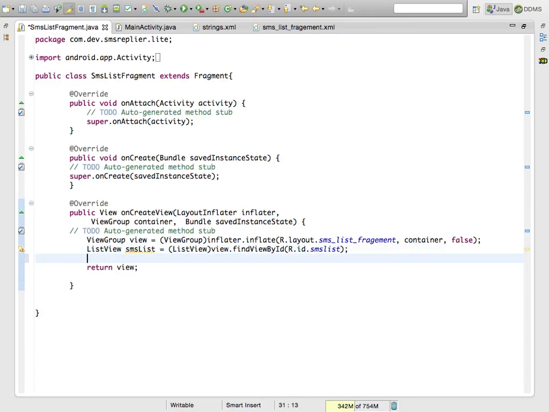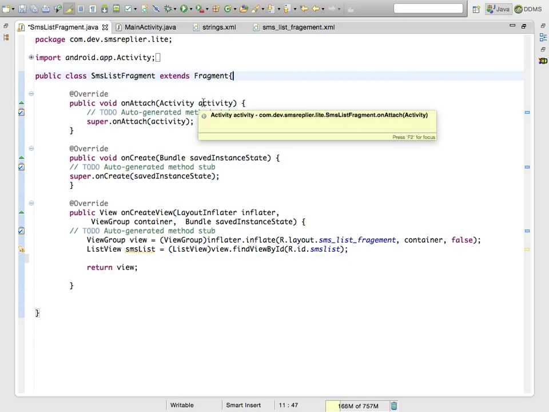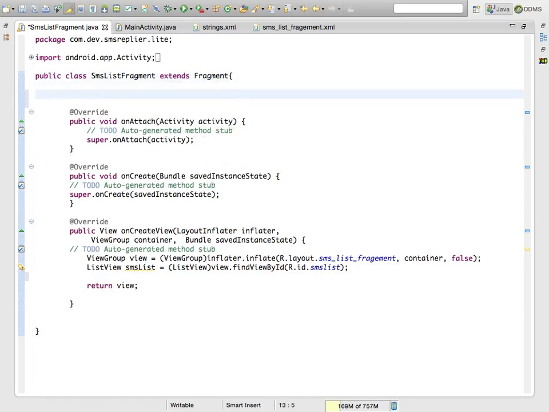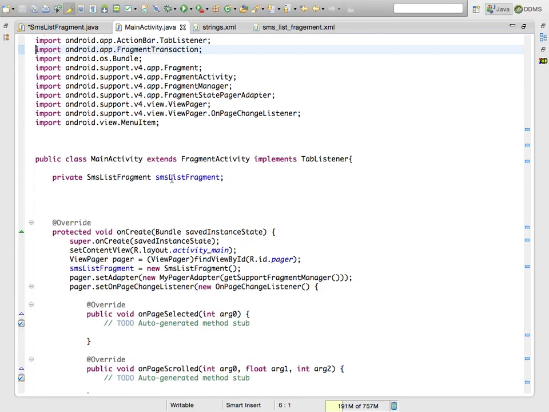Yeah, of course, a list would need an adapter to populate the data. In the last exercise I had a hash map of kind of array list. I'm thinking about having that on board because hash map would need key value pair. So this time I'm going to keep it in the main activity instead of the